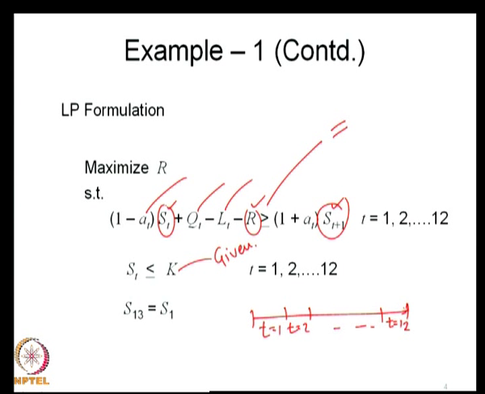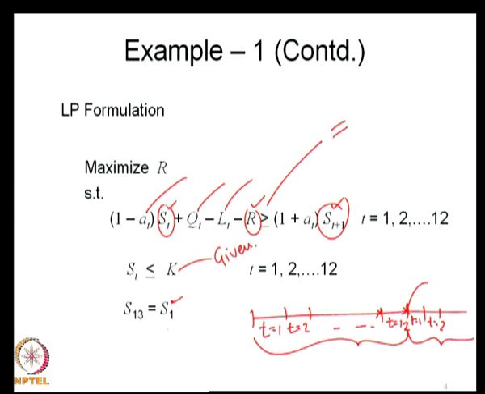At the end of the 12th period, the next cycle starts, therefore t is equal to 1 here, t is equal to 2. This is how we solve the problems in the deterministic sense, where the sequence will keep on repeating, and therefore the storage at the end of time period 12 will be the storage at the beginning of the 13th time period, and that we set as the storage at the beginning of the first time period. So, S 13 is equal to S 1. This is what we do.